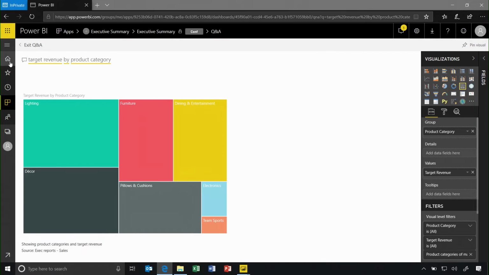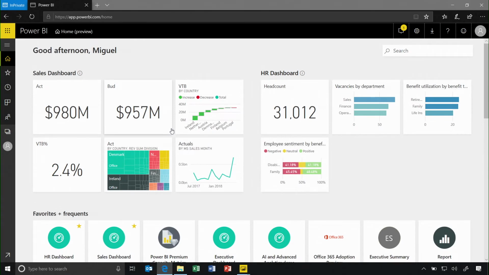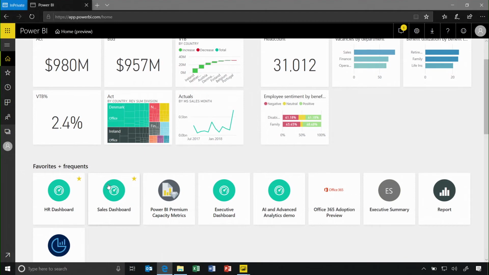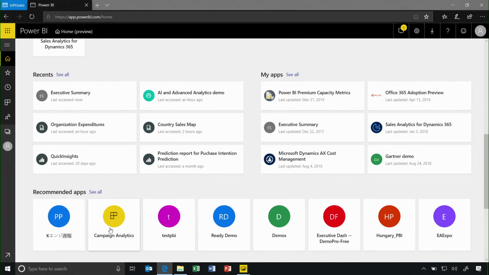And last but not least, we have the new home experience where it's personalized for each user. In this particular case, me, it will give me, for example, the most popular dashboards that I visit, the most popular or the tiles that I use the most. So you don't have to go to the dashboard to get that preview. And other dashboards that you might be interested in, any things that you have frequently visited or favorites, things that have been shared with you, or the apps that you have listed in your Power BI repository, recommended apps based